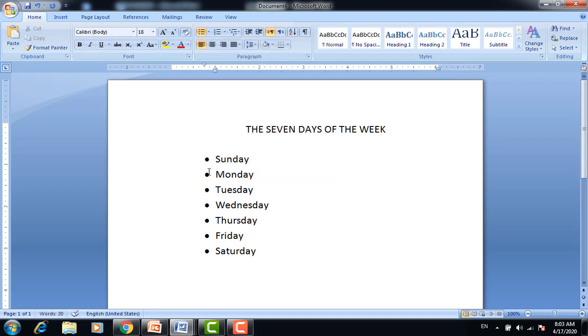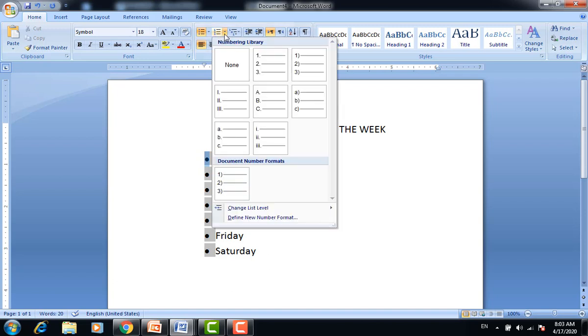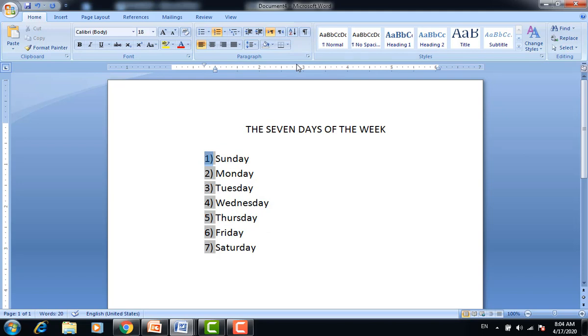Now there is another option: I don't want the bullet but I want numbers. Can I change? Yes, you can. You have the numbering option here next to the bullets. This is called numbering. Now if you click on the arrow near numbering, you can find a variety of numbered lists as well as alphabets. If you want a numbered list, just move to that one and you can find the preview on your document. Now I'm going to choose the number with a bracket and this is how it will appear. Like this, you can change to any bullet or numbering you want.